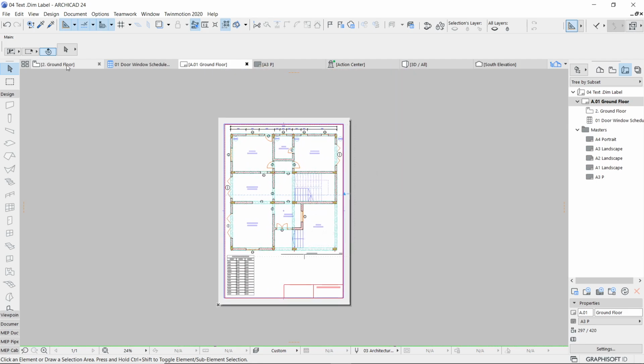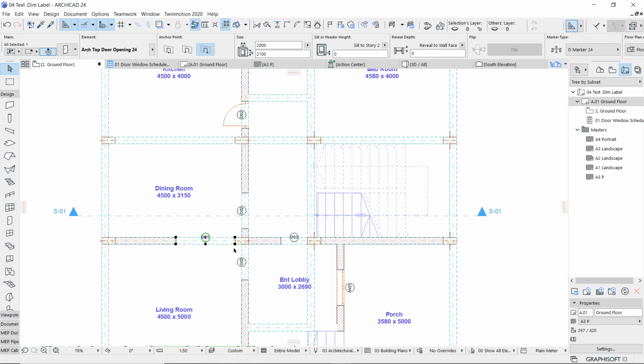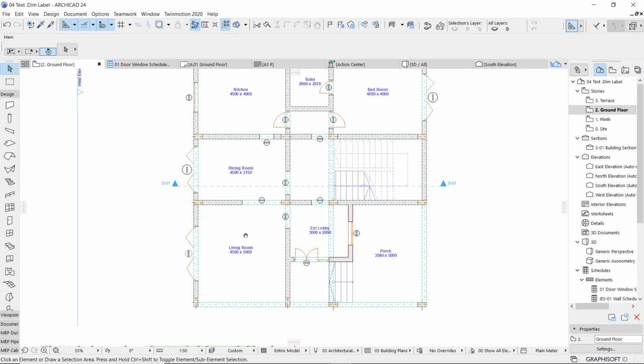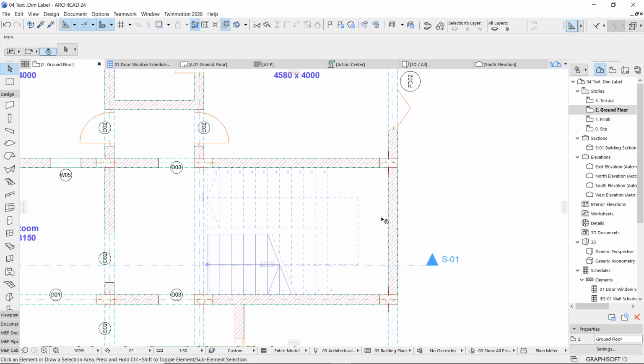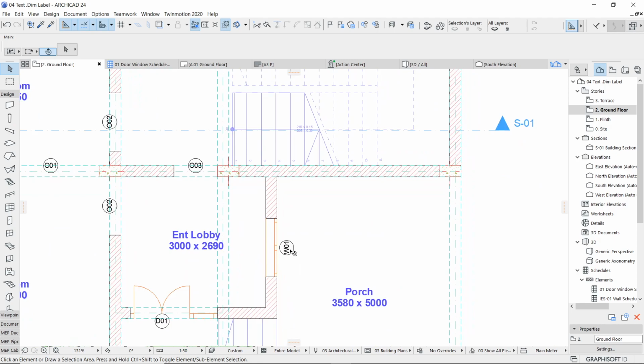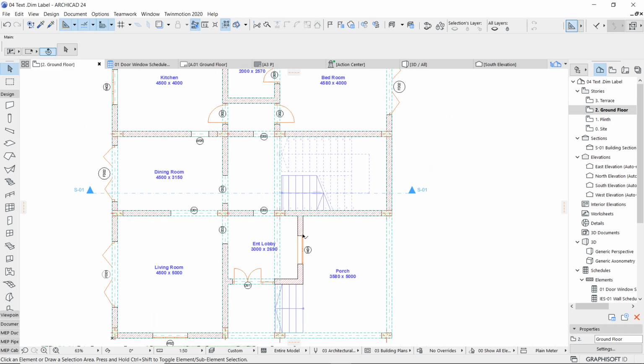Let's do a simple task. Just go back to the floor plan, and maybe I will be adding one window on this side, or the door or window on this side. Maybe something is missing and I just want to place it. Very simple door or window, I want to place that. See, for example, this W01. Okay, and then later I'll change its dimension. Maybe I'll change it to some different value, and you will see that that is getting added.